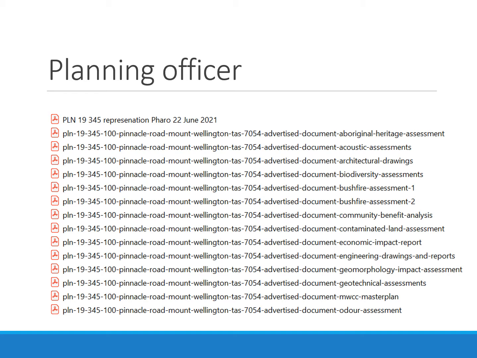So the planning officer is the person who should be contacted pretty early in the process when, in this case, Mount Wellington Cable Car Company are intending to do something. Contact is made with council just to make sure that everybody understands what's required to be submitted as part of the development application. So planning officers have a very key role in mediating this conversation about environmental impact assessment and informing the public, and in making an expert recommendation based on the rules to the people who are going to make a decision.